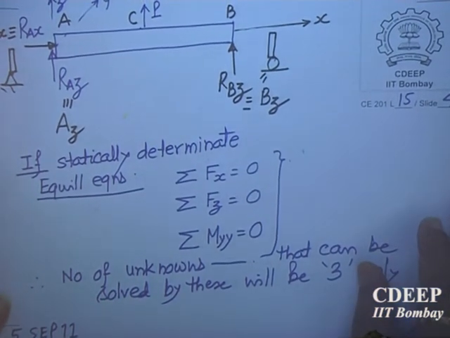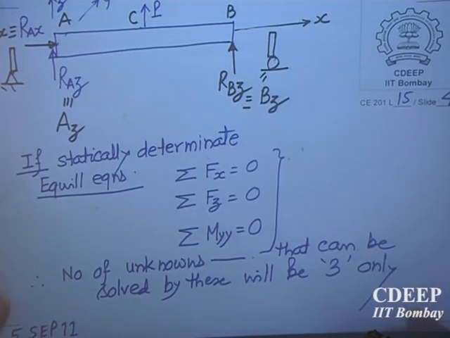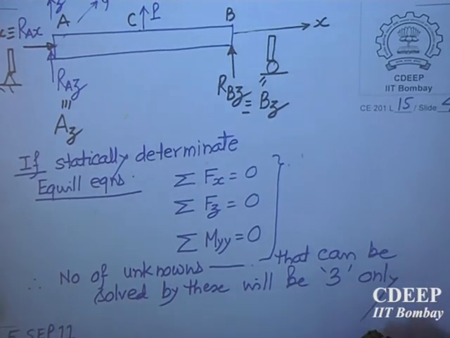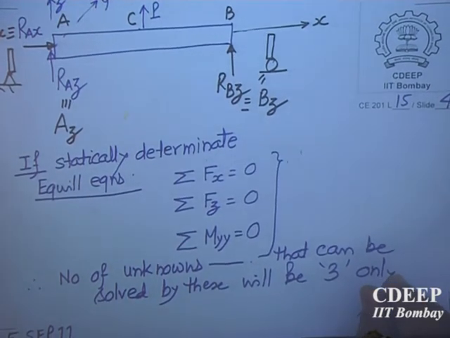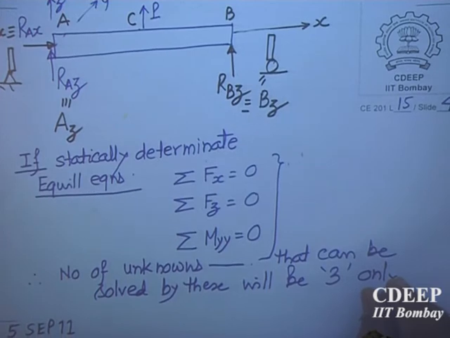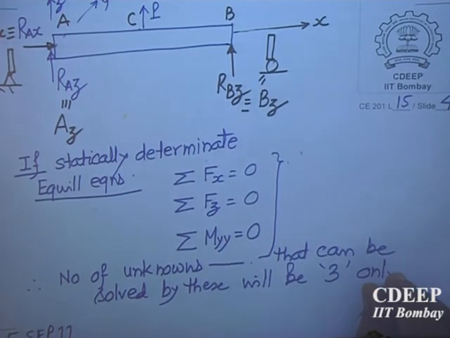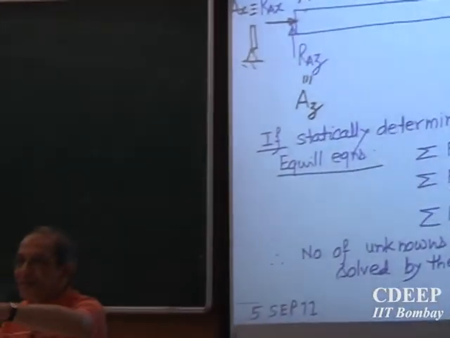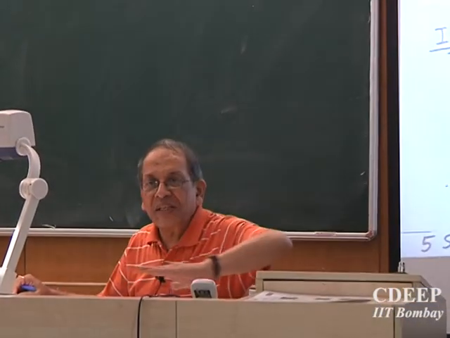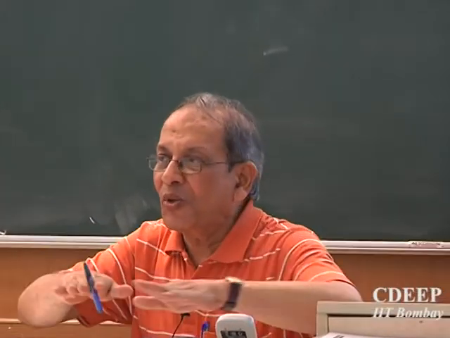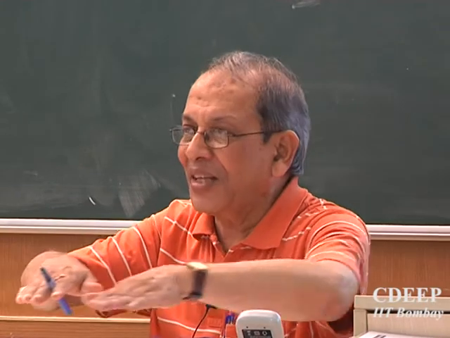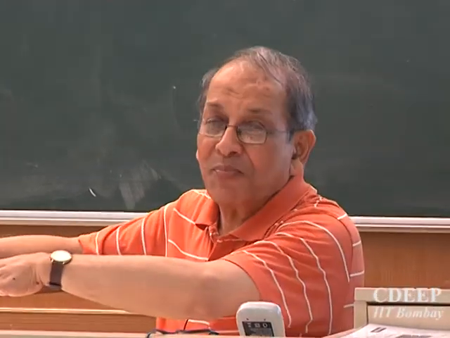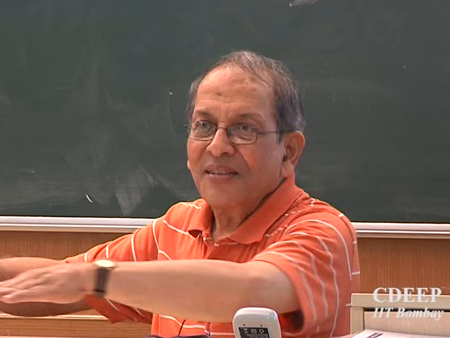Both are rollers. Then, yes, there will be no force in X direction. Okay, that is true, there is no force. But then on a roller, you must have seen, it is free to move in X direction. Your whole beam will be rolling in the XZ plane. It will be just rolling.